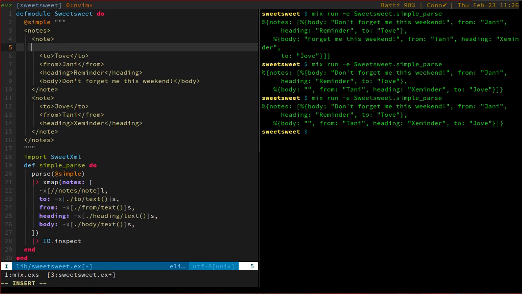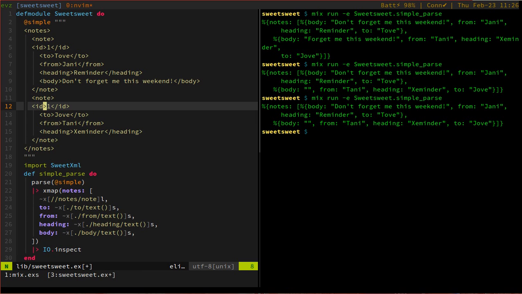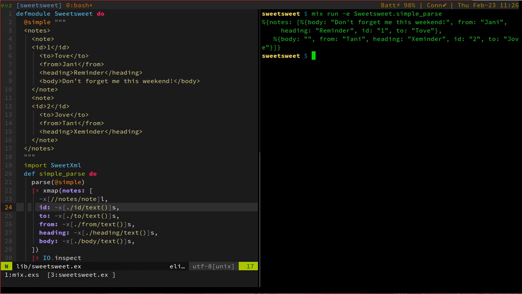And so, ID, an ID of 1 and an ID of 2, okay? So an ID would not be a string, but let's just use a string for starters, okay? Let's say ID is that, and if I run this, now we have ID, which is being parsed as a